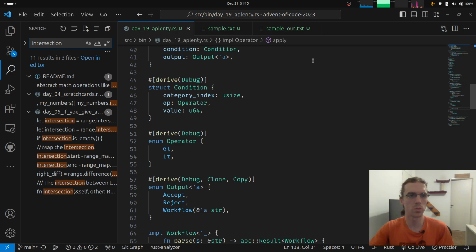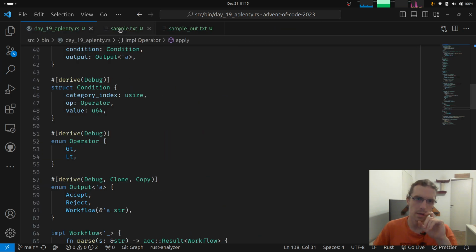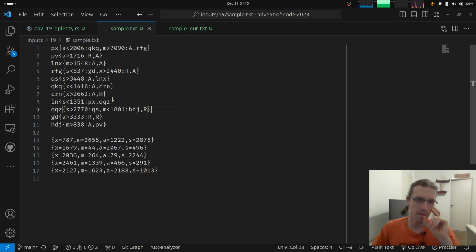So how do we go about this? Let's see the sample. We start at in, and we know we are either going to go to px or to this, and this is split by the s value. So if s is less than this, we're going to go to px, and otherwise we're going to go to this. The default of this is rejecting. So okay,